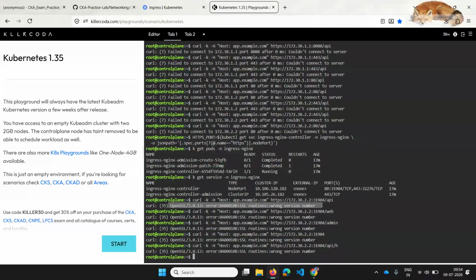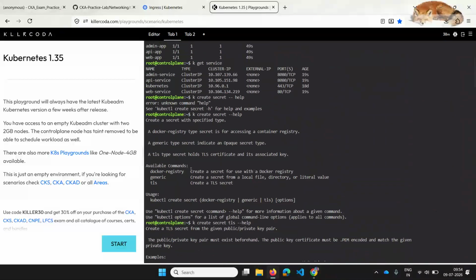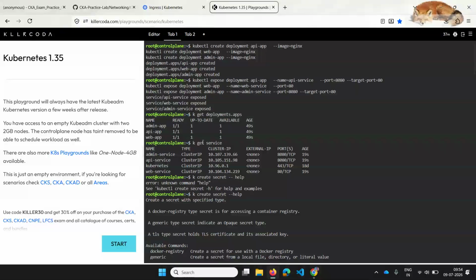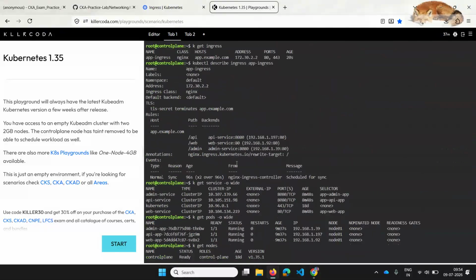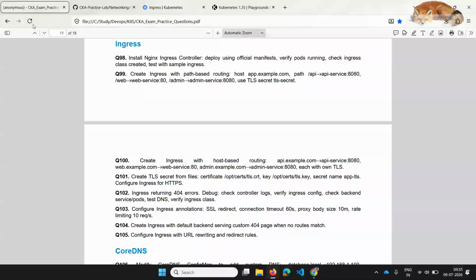This might be related to the secret, like when we are trying to create the OpenSSL secret, somewhere the version might be wrong or something. But at least we have seen that our request is going through, and it is hitting the right path only. It is trying to access the particular secret from that service. So yeah, that demonstrates a solution for this question.